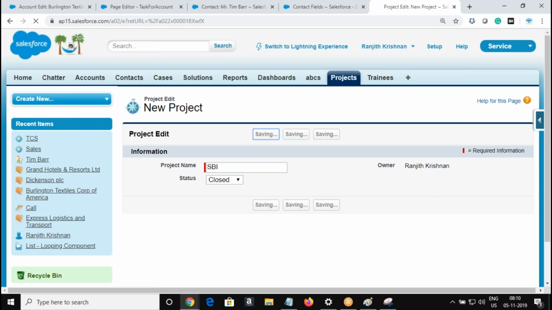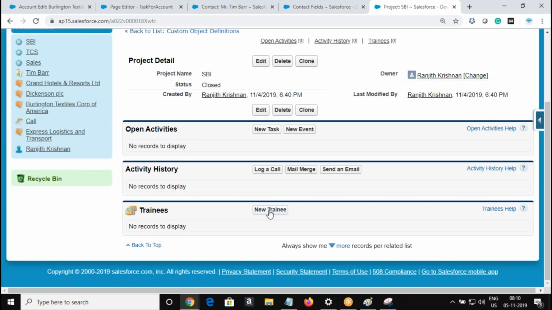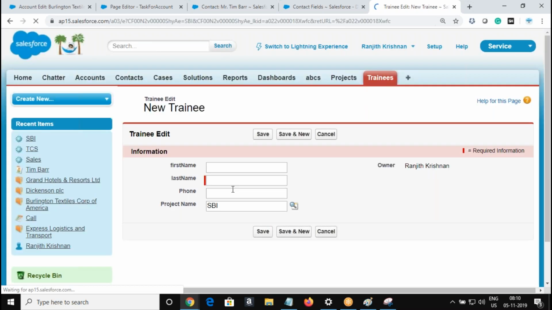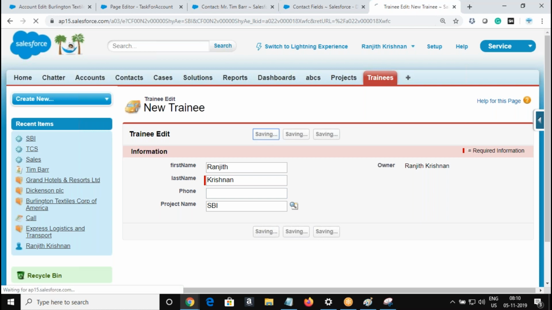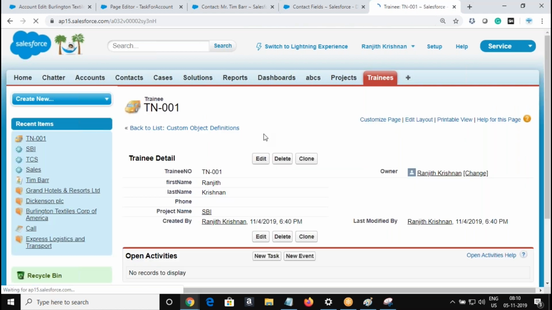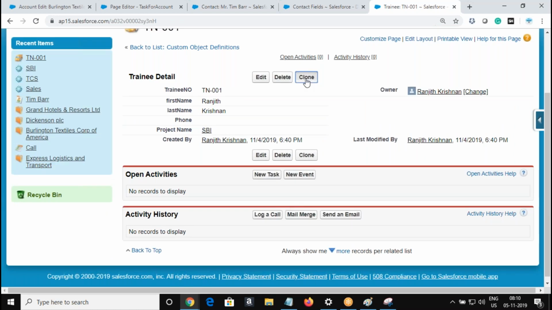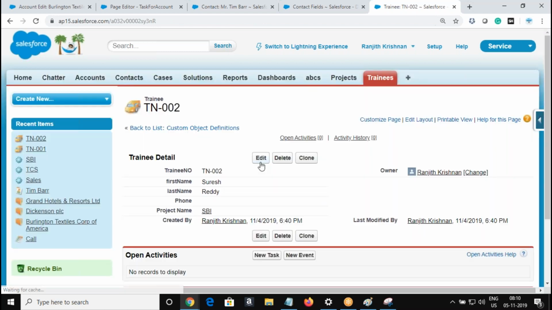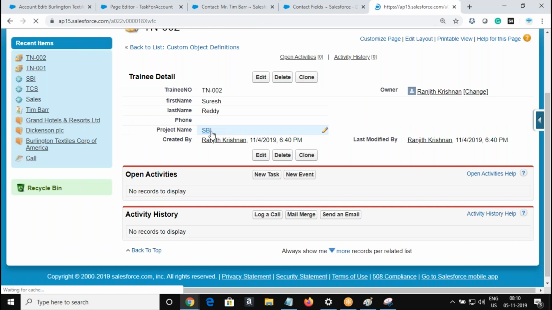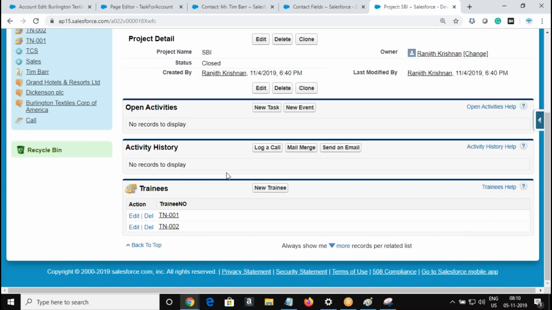Okay, I'm going to add trainees for this project. So SBI. One more. Okay, right. Let's see how to display the project and the trainees here.